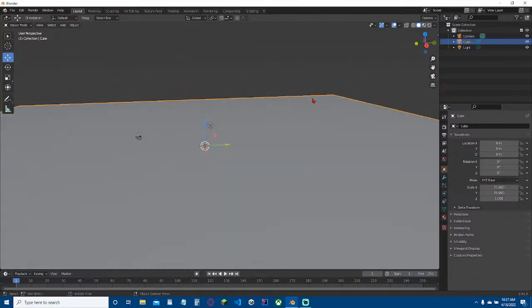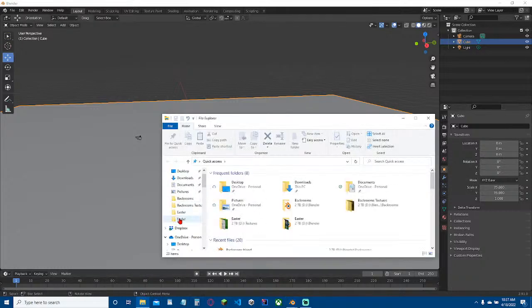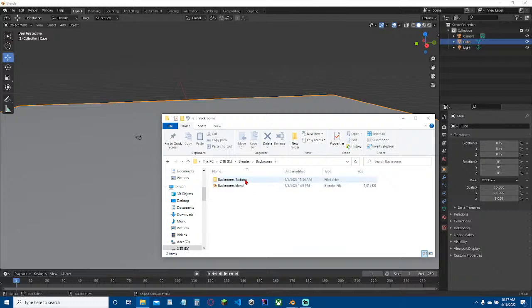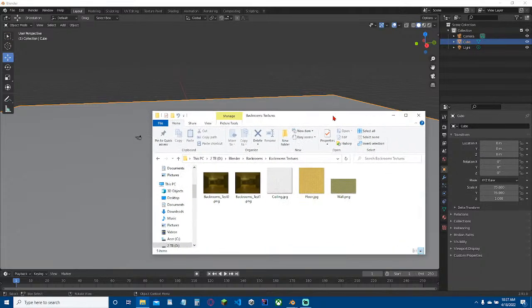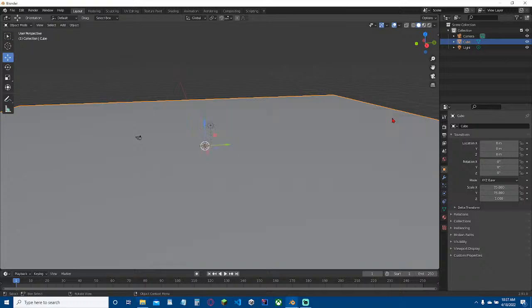And we want to have a floor, so I actually have some files for this, so I can go to my Backrooms textures. I have a ceiling, floor, and wall. So I can't just drag in the floor and have that work, but what I can do is I can go to shading,